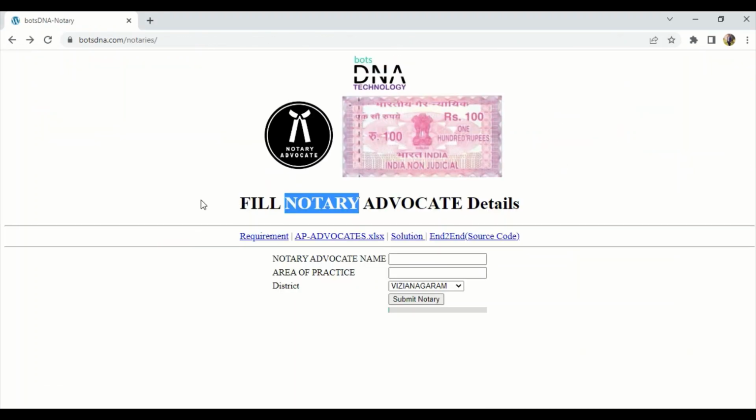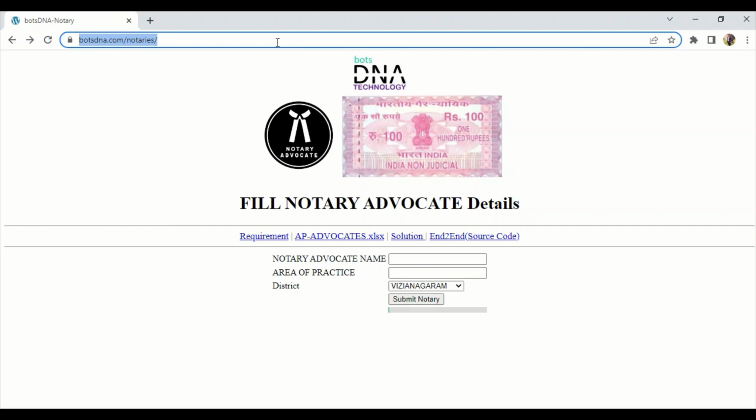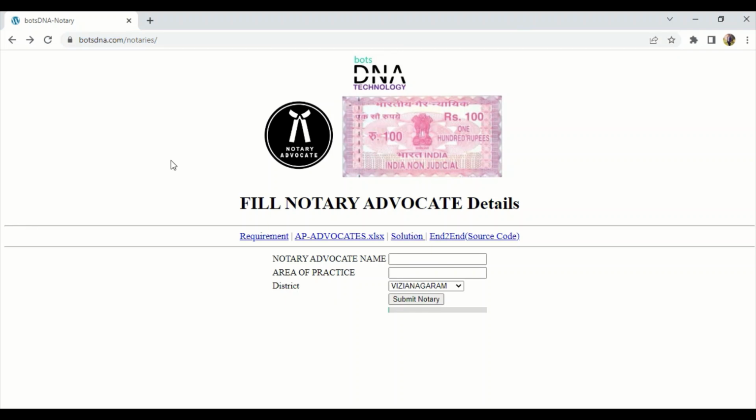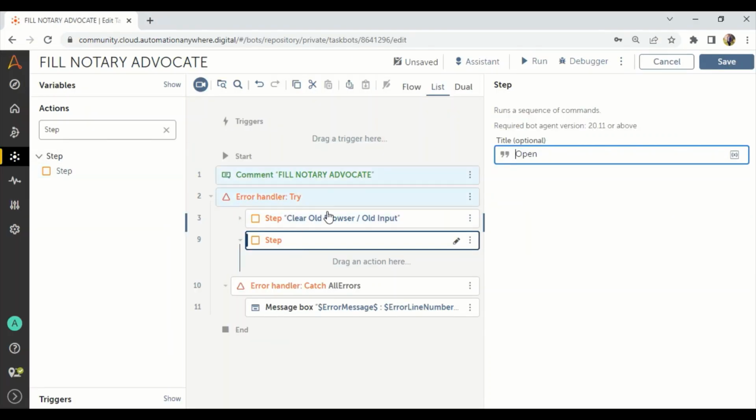Basically, you have to open this particular bot DNA file notary advocate details website. Then we have to download this particular AP advocate XLSX. So that's why this is the first step. We have to take the URL of bot DNA technology file notary, and here I will use open